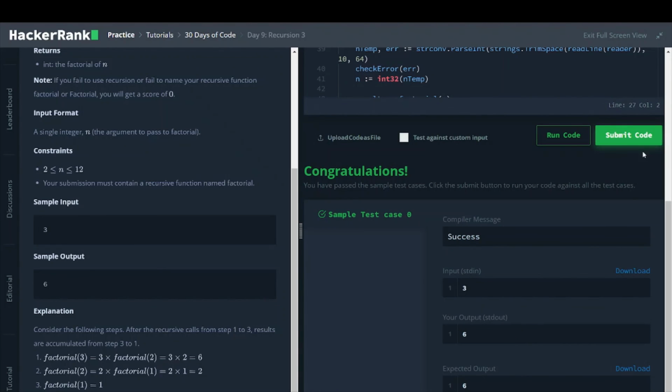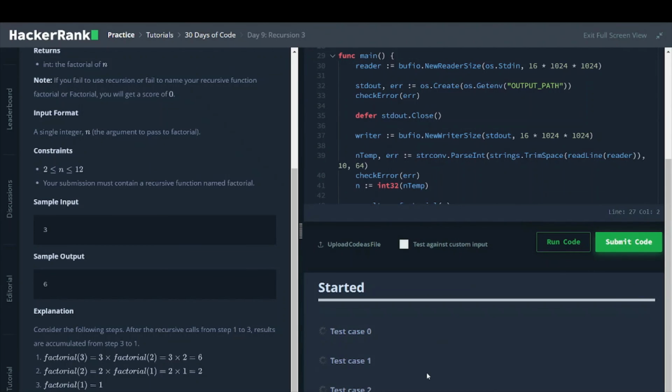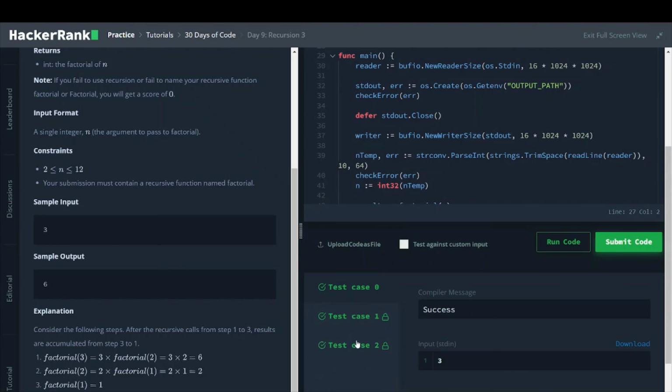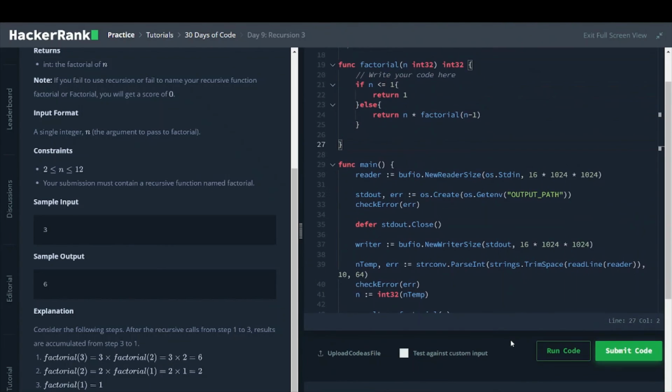Yes, it is successful. Let me submit the code. It's taking a long time, maybe less. Okay, the test has also passed. So we have completed this challenge.